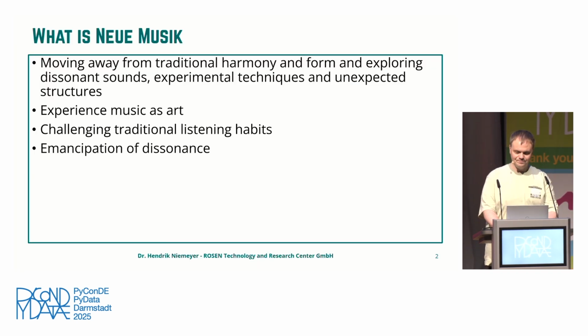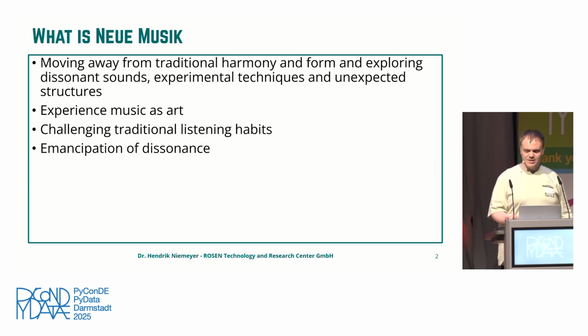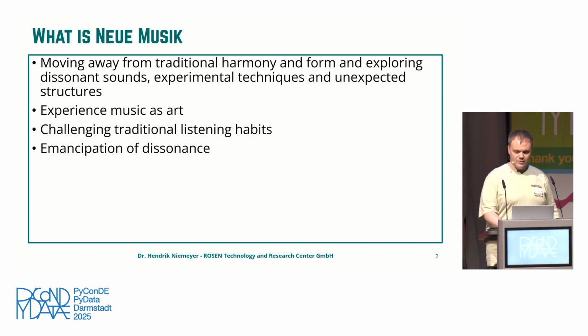numbers. So, algorithmically created music is part of contemporary classical music, or so-called Neue Musik, which is a modern style of music which emerged in the 20th century, and its idea is to create new and experimental sound and ideas by moving away from traditional musical forms and harmonies. It may include unusual instruments like electronics, innovative ways of composing, and a rich variety of auditory experiences.